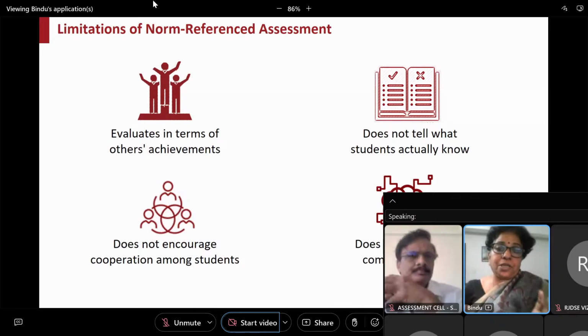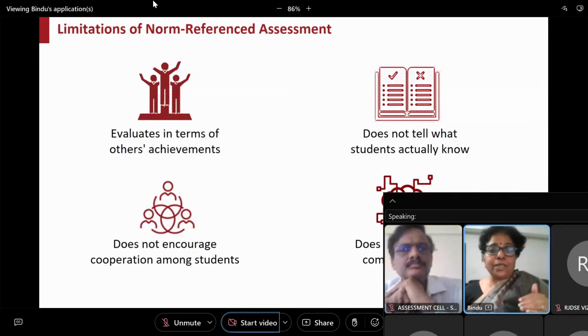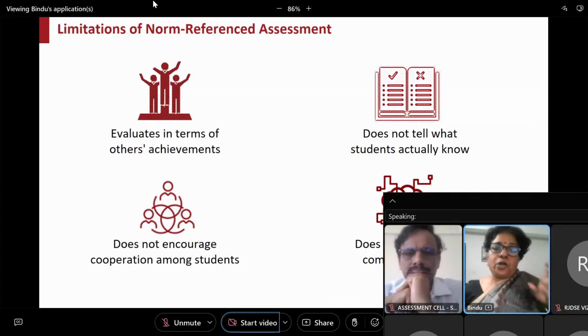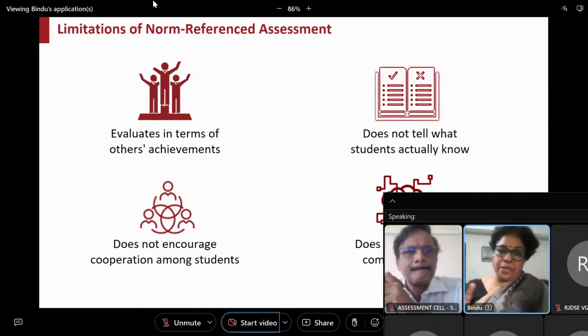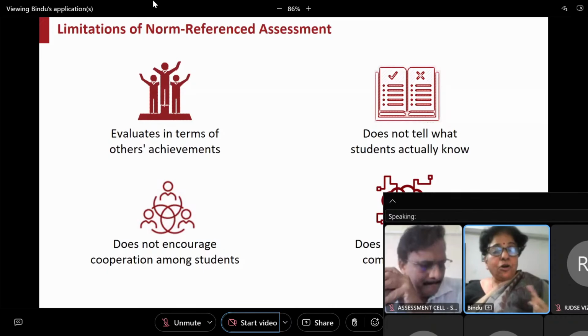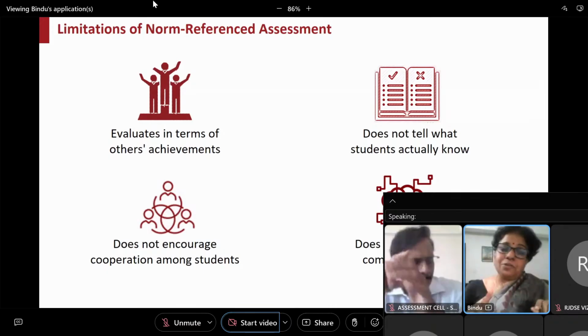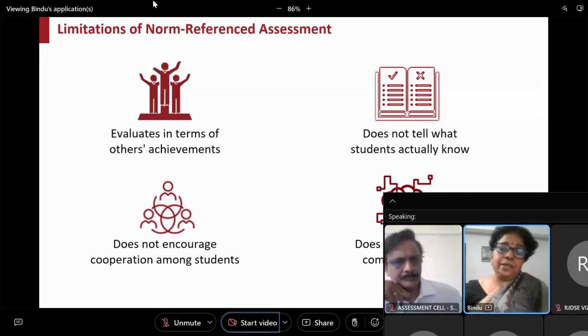Whereas in criterion reference test, you can take the performance and say, okay, my child is weak in this area in algebra, or weak in this area in geography. Whereas in a norm reference reporting, you won't be able to find those additional data. Now, because it is comparing one student with other students, apart from anxiety, it also does not encourage